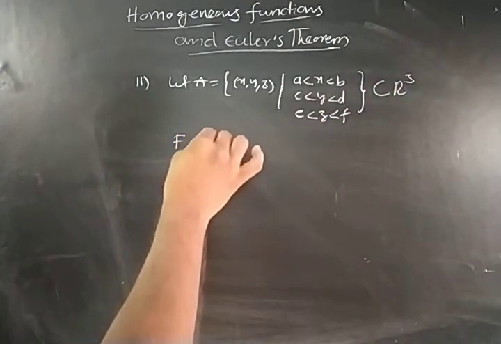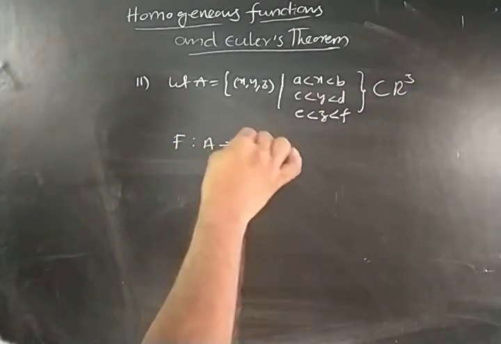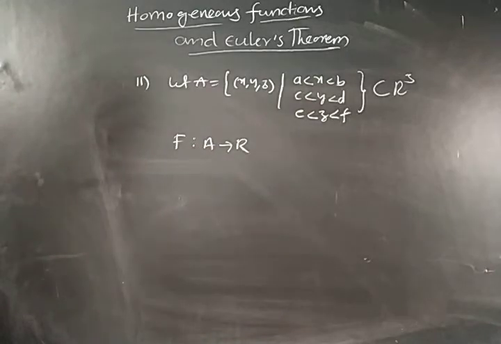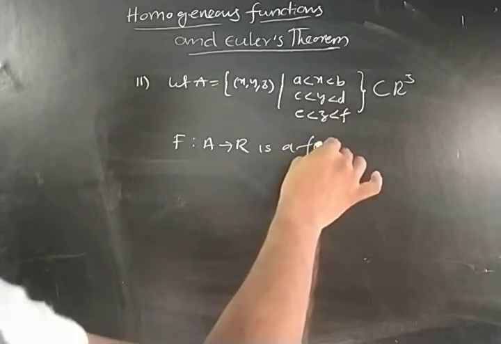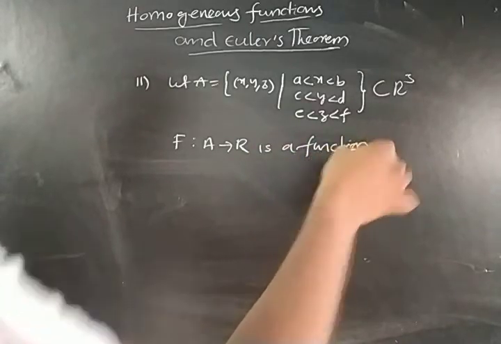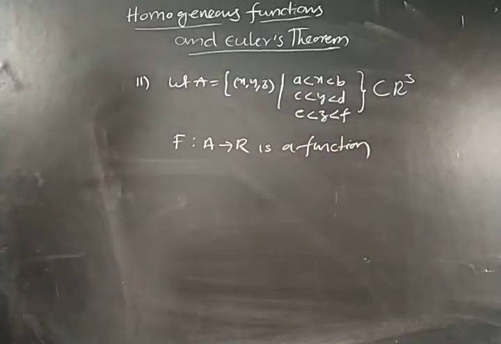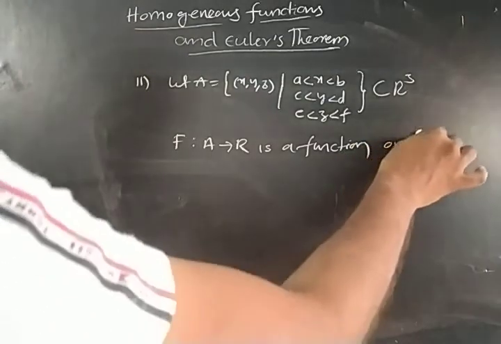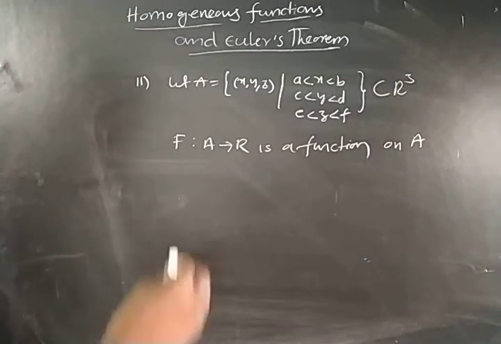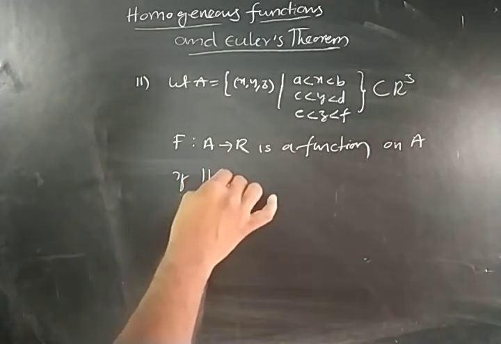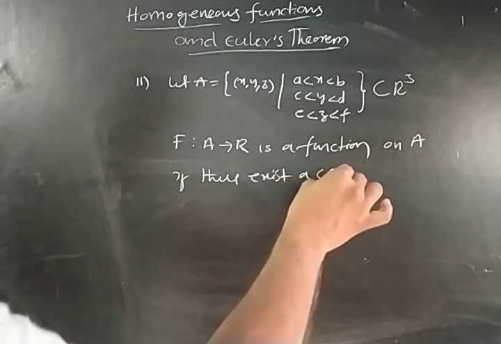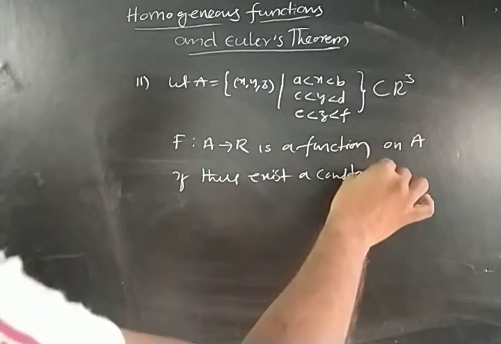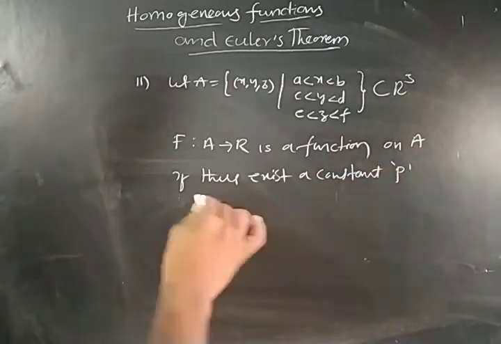We have one function defined from A to R. This function is called a homogeneous function on A, if there exists a constant p,